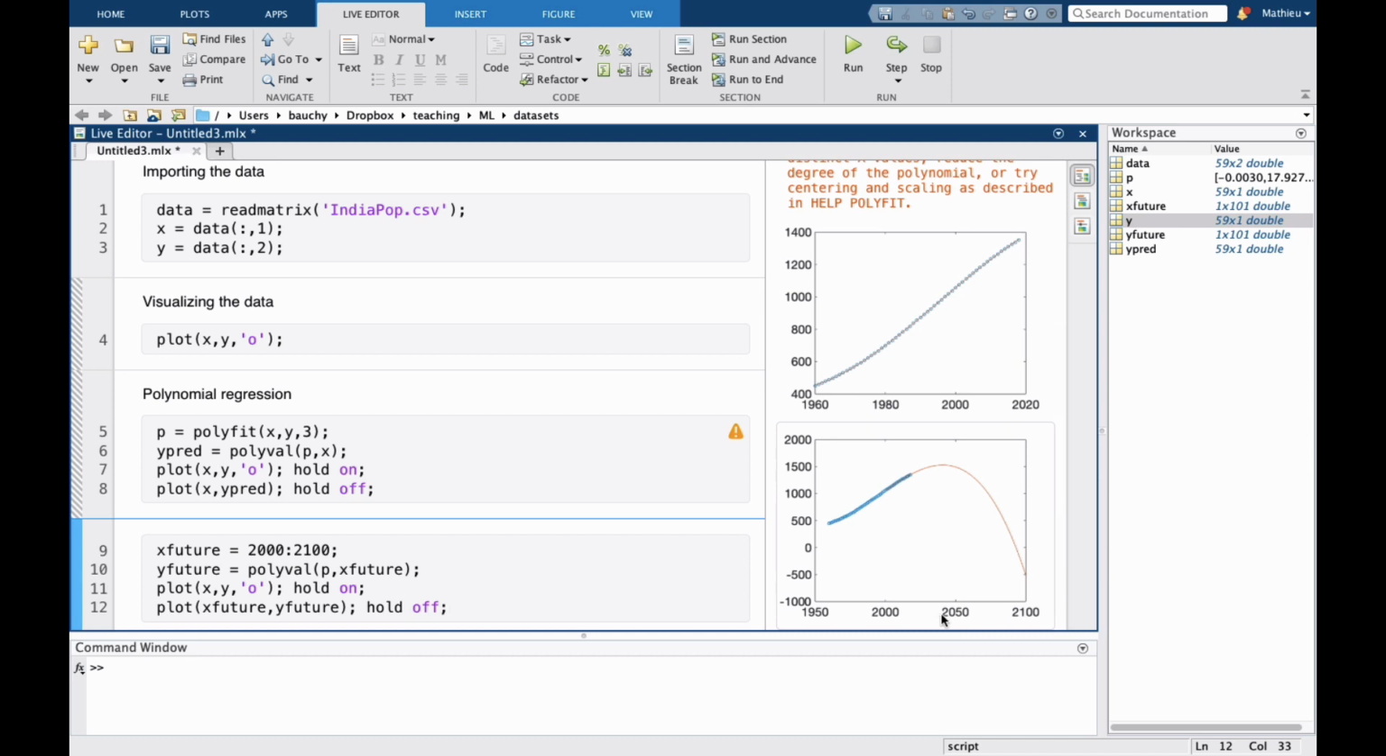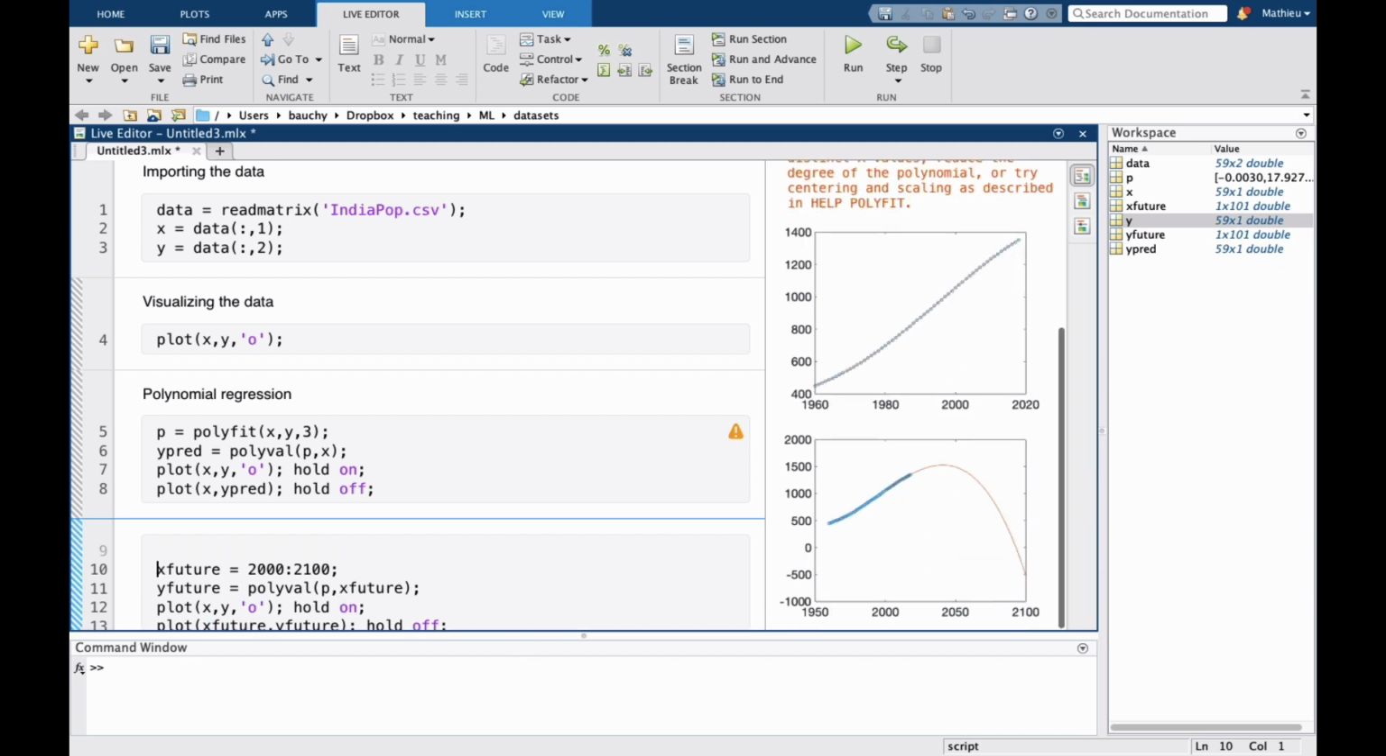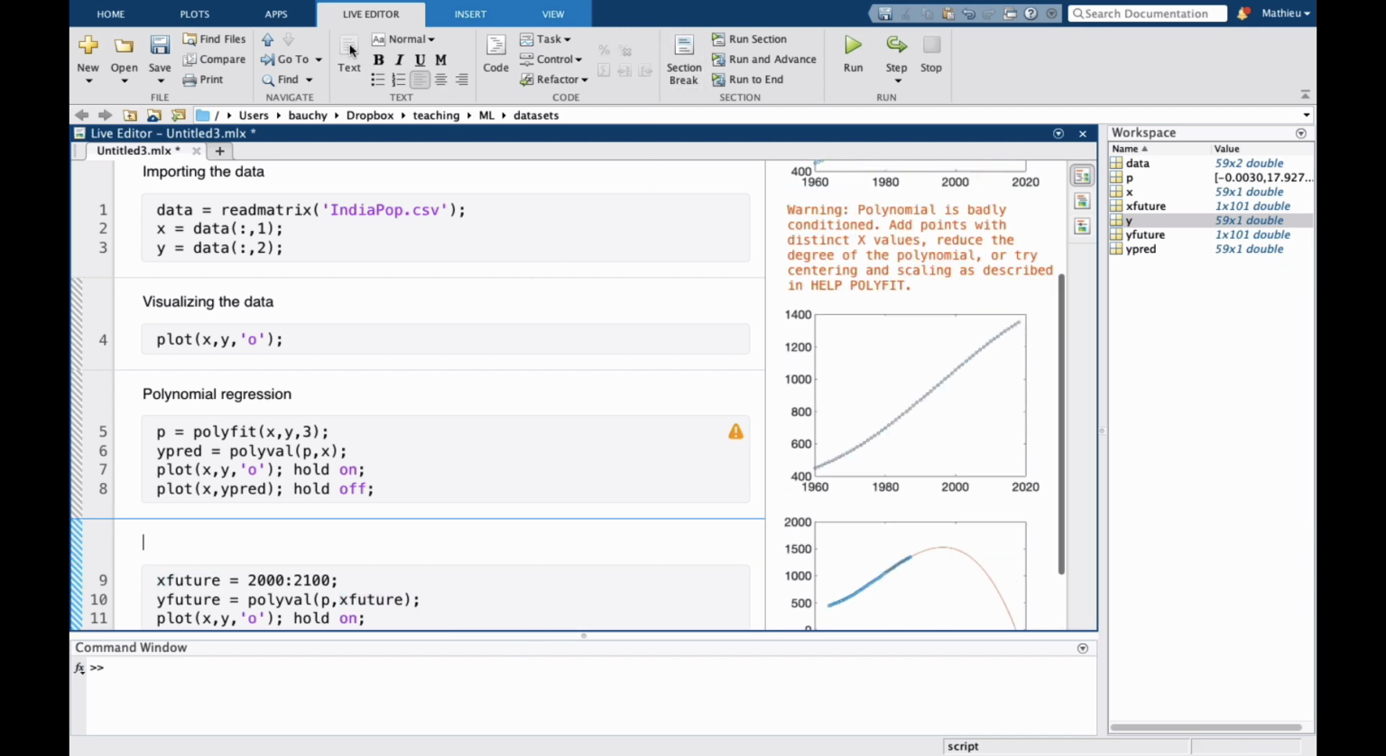As you can see here, it's not very realistic. At the beginning, it looks like the prediction is reasonable, but what this model would predict is that by year 2050, the population of India would actually start to decrease, and then this population would become negative, which is not very realistic. Okay, so if we want to make a more informed prediction, if we want to make a better choice when doing some forecasting, and here what we were doing is forecasting the population of India,